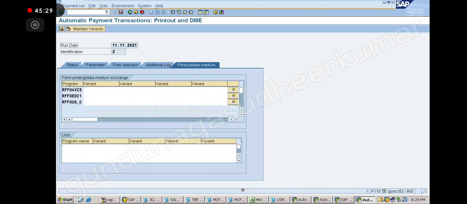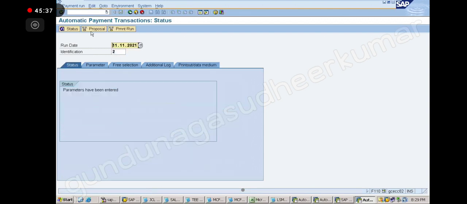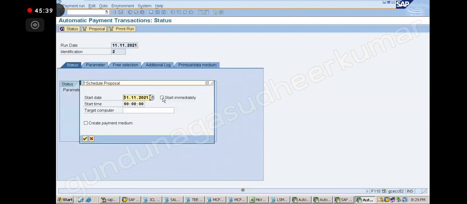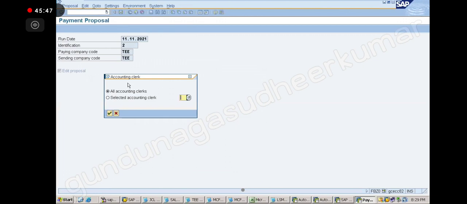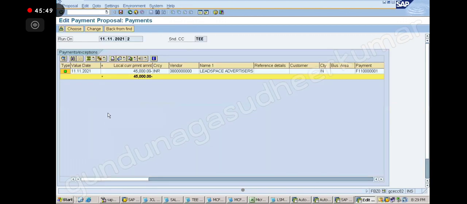Now printout data medium is this. Okay, save. Now status is this. Schedule proposal, start immediately, create payment medium, enter. Keep on pressing enter.